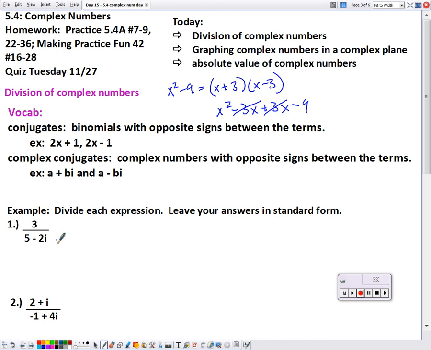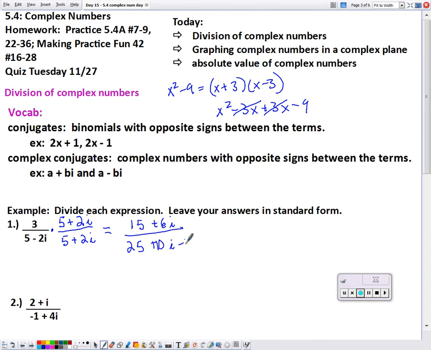You can't divide complex numbers by just doing 3 over 5 and then 3 over negative 2i. You can't split a denominator that way. What you're going to need to do is multiply by the equivalent of 1. And the equivalent of 1 we're going to use is the complex conjugate. When we distribute in the numerator, we get 15 plus 6i. When we multiply the denominator together, we get 25 plus 10i